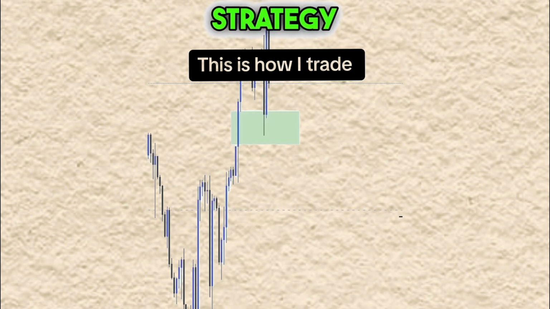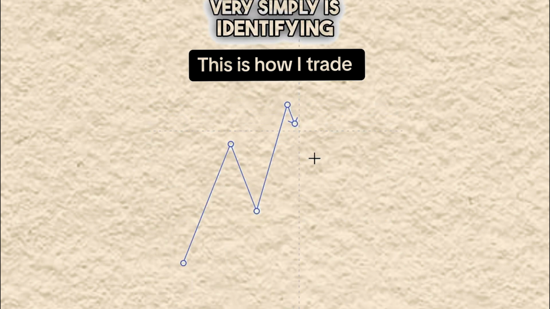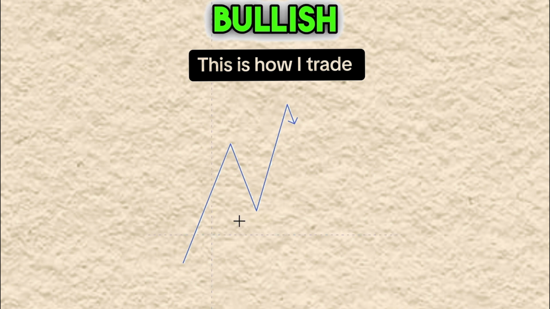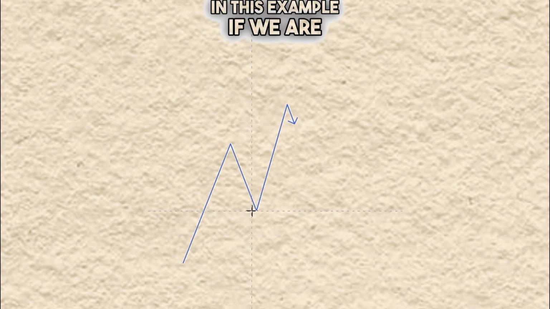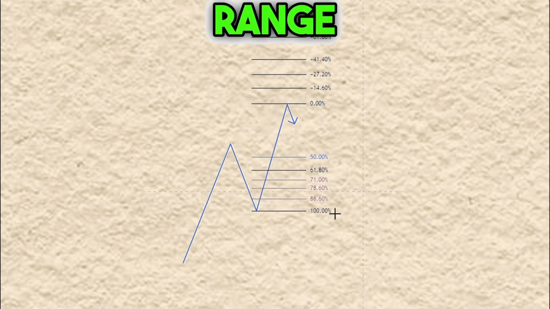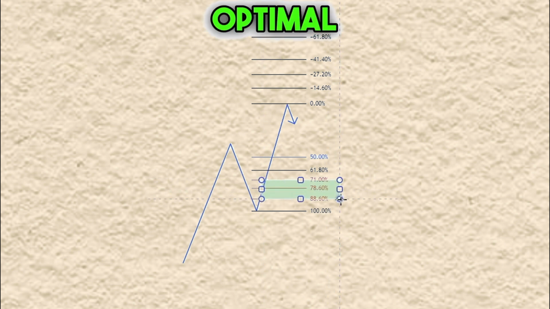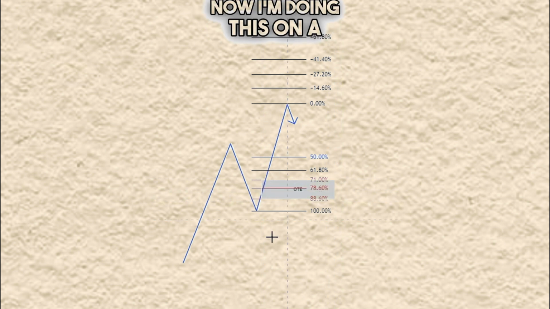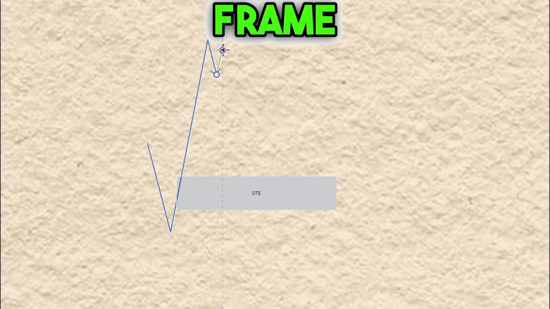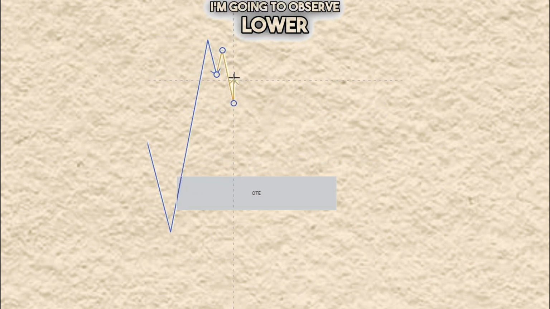This is my strategy. All I'm doing very, very simply is identifying whether we are bullish or bearish. In this example, if we are bullish, I'm going to measure the trading range. I'm going to identify my optimal trade entry area. Now I'm doing this on a higher time frame because on a smaller time frame, I'm going to observe lower